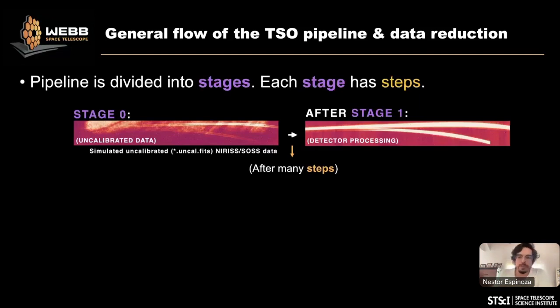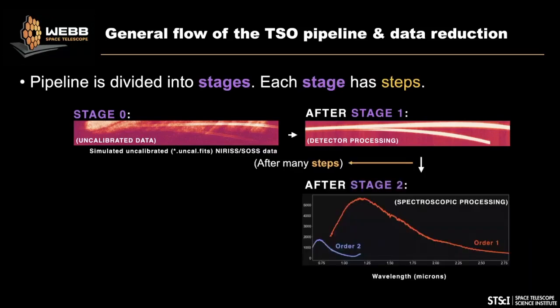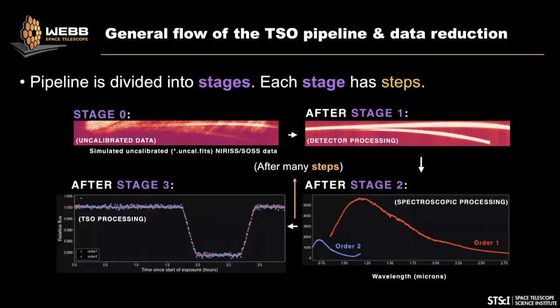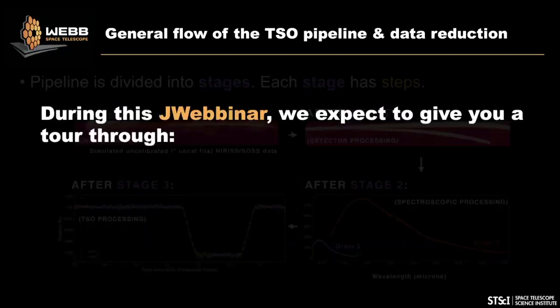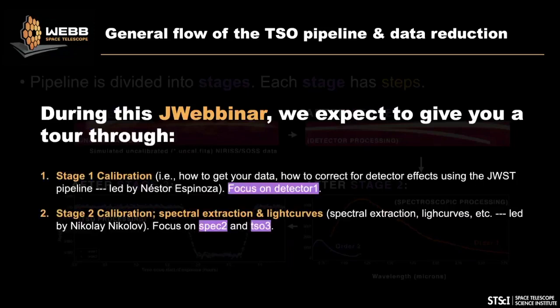To give you an example, stage 1 takes care of everything that is happening with the detector. And it's composed of many steps that we're going to go over in a minute. After stage 1 comes stage 2, and the idea of stage 2 is that it extracts an actual spectrum out of your data, and then comes stage 3, in which you actually get a white light curve, so you can plot your little transits out of there. The cool thing that you'll see today is that in this JWebbinar, we expect to give you a tour through stage 1 calibration, so everything that is detector,